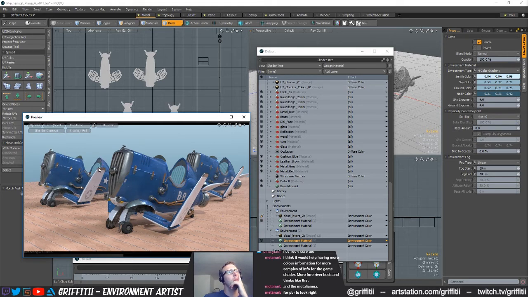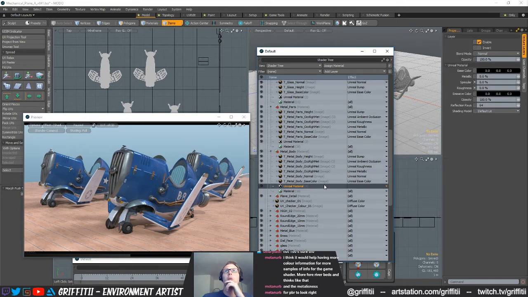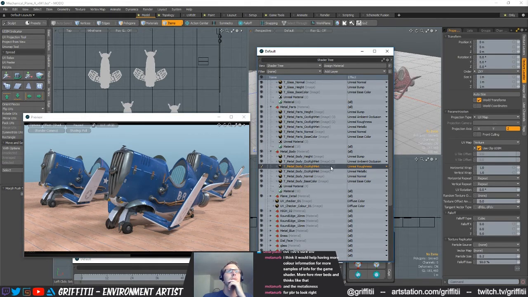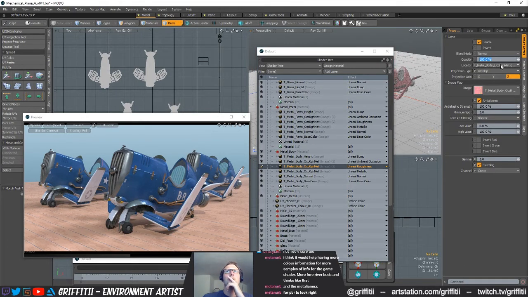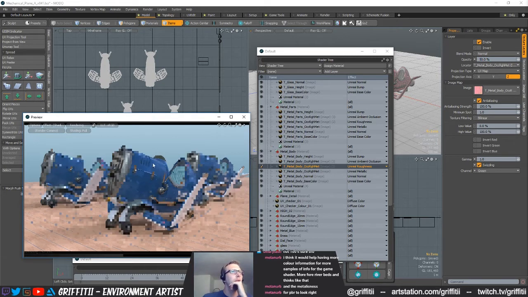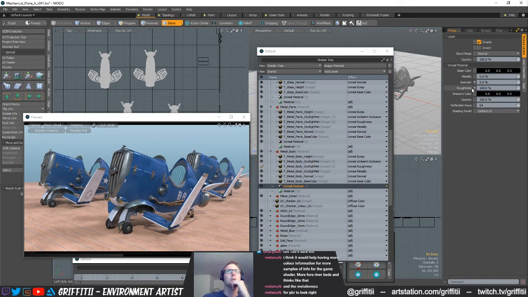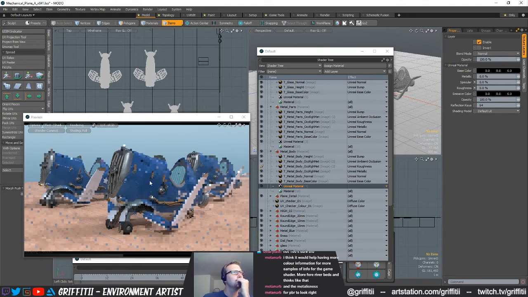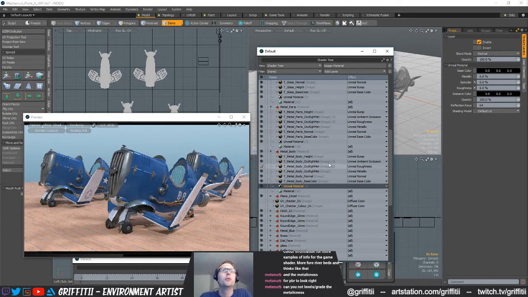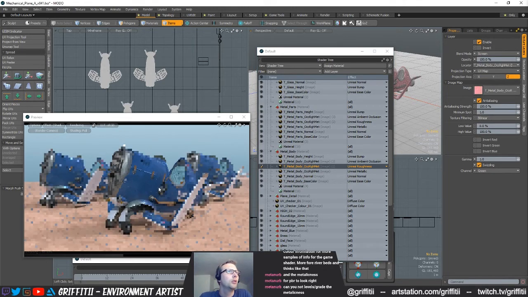Seems just a bit too shiny though. Metal body. To screen it or so